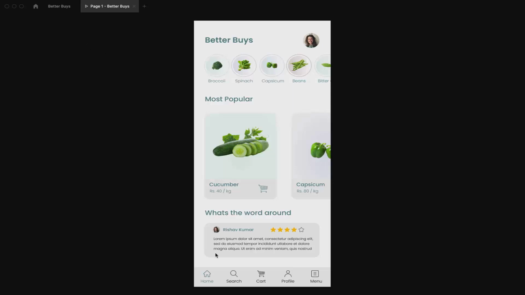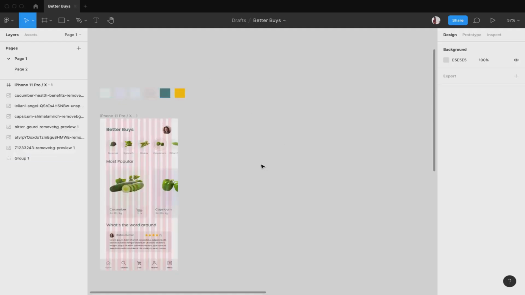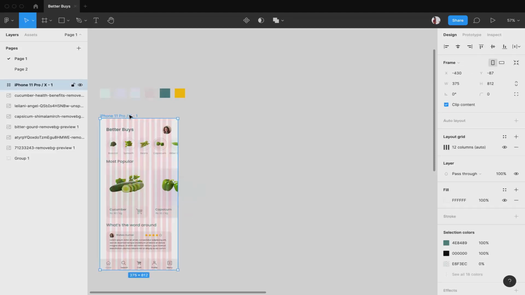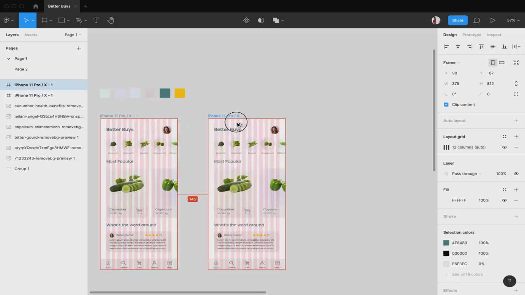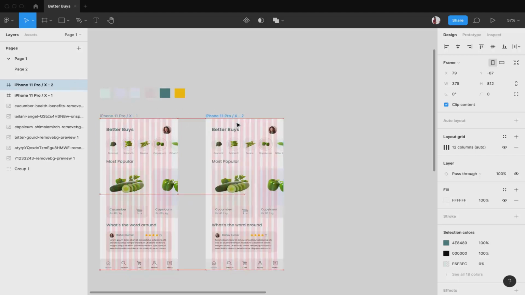Okay, so with this this screen is done. So in this video we are going to make the details screen. Means if we click on any of the items over here or on these items, we should be able to see a description page. Okay, so let's start. We know how to copy.